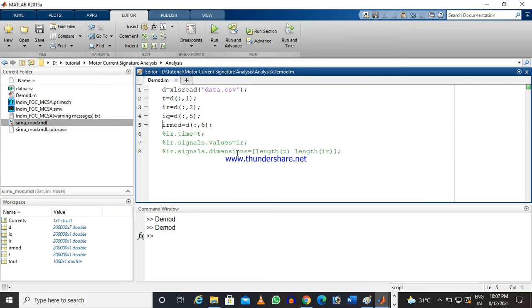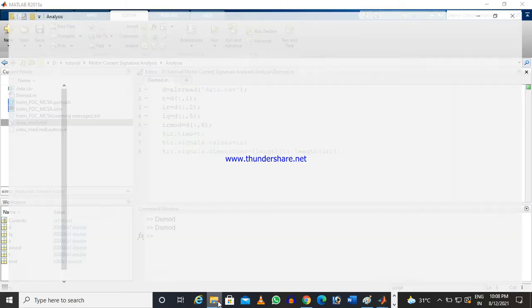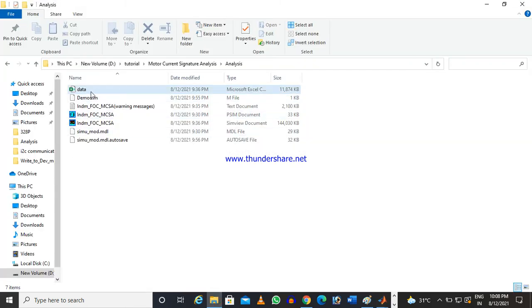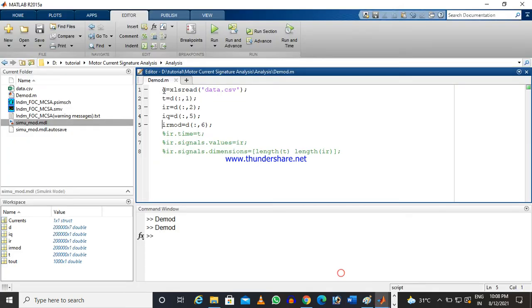I have saved all the time domain data in a comma separated CSV file whose name is data. So I am reading that data.